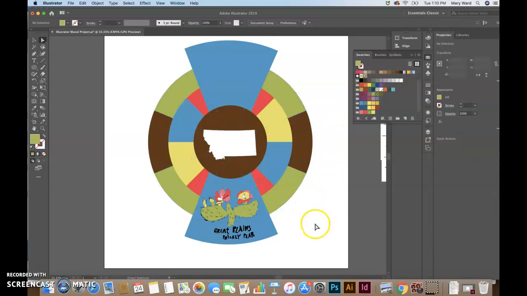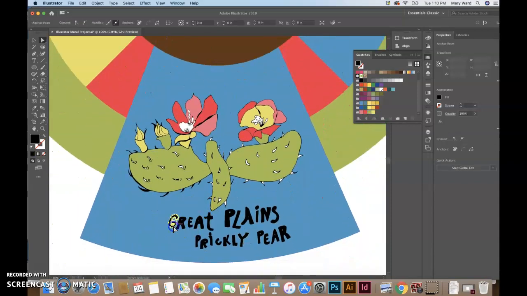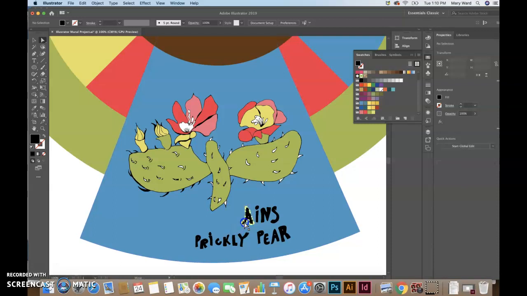Anyway, we're just going to keep working. I think I might delete all these and then just put text here. We could do text on a path maybe. So a lot of it's just going to be trying to figure out a color scheme that looks decent, which I might have to just go online and find an image that I like that has good colors in it and then just sample out of that or something. It might just be my design, I'm not sure. I'm not quite sure what would be the issue there, but